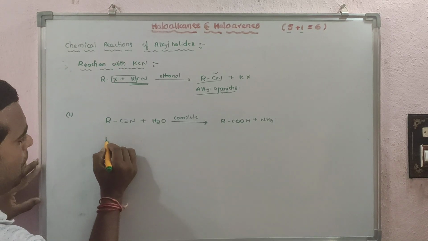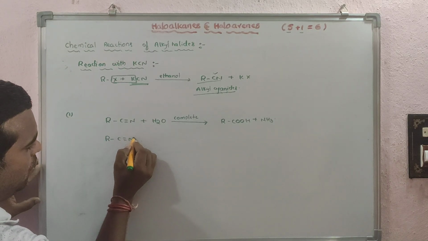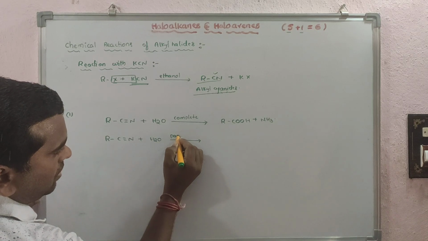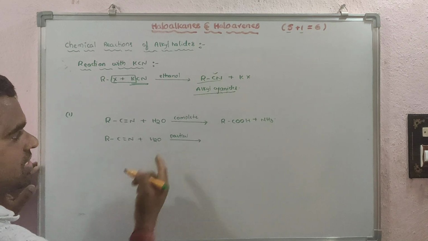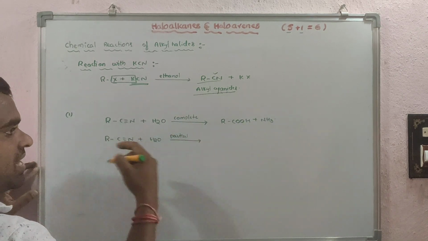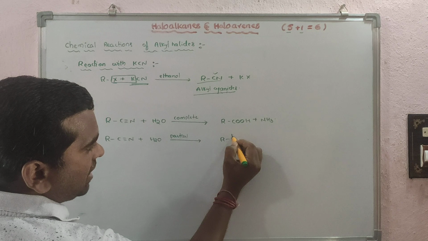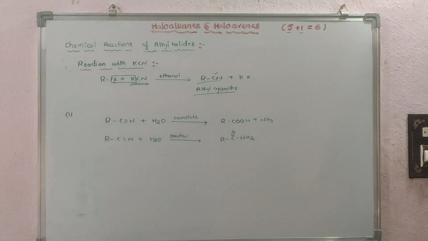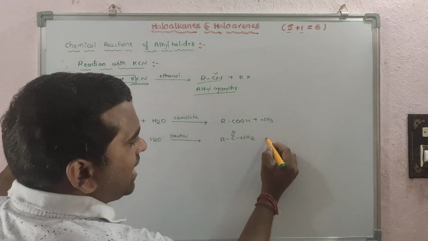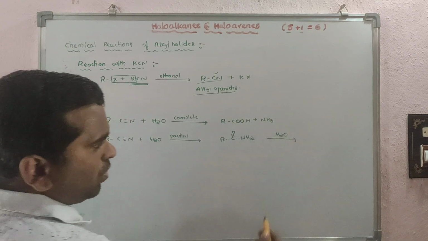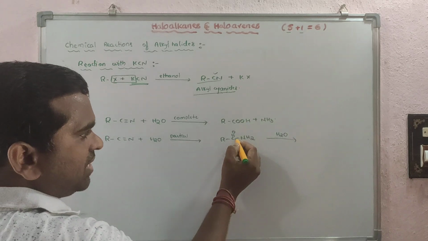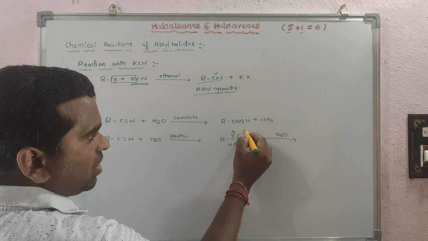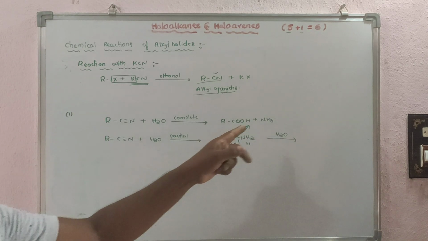If you do partial hydrolysis, what is it here? Complete hydrolysis gives acids, partial hydrolysis gives amides, RCONH2. It is simple. If you add another water molecule, then it is complete hydrolysis. Break this bond: with water you can put H and here OH. Then what compound will you get? You will get RCOOH plus NH3.